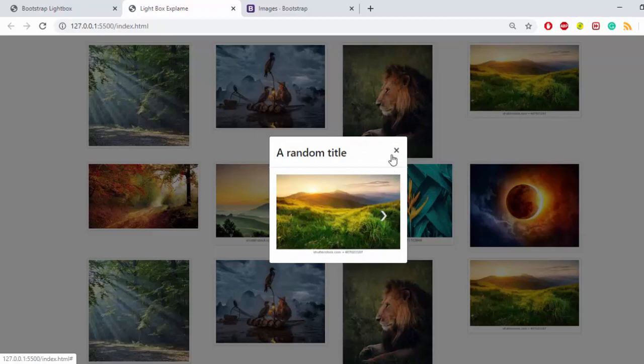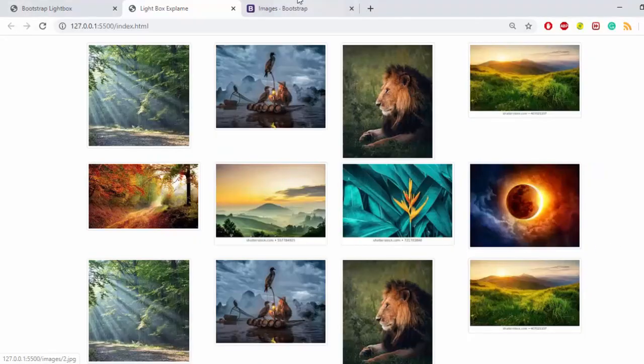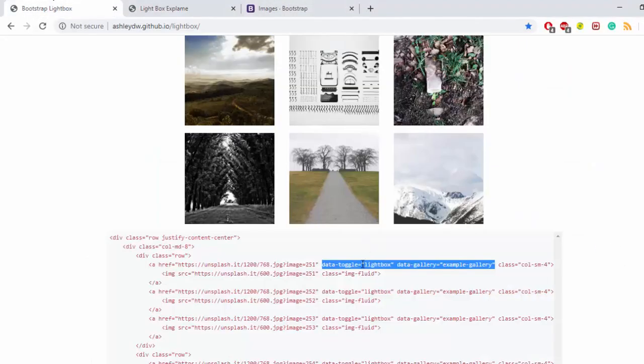Okay, so all things you can add or remove. So these are the different classes, these are data values which they have given to us in this library. I called it a library, so we are using the Lightbox library, so that's the reason we can use all this data title, data gallery, data footer, whatever they have mentioned here. Okay, so this was all about the gallery.